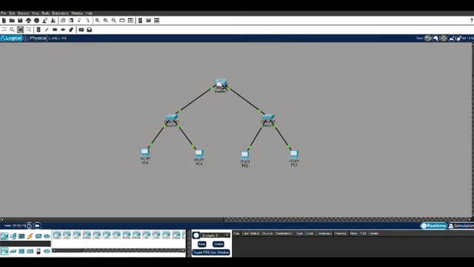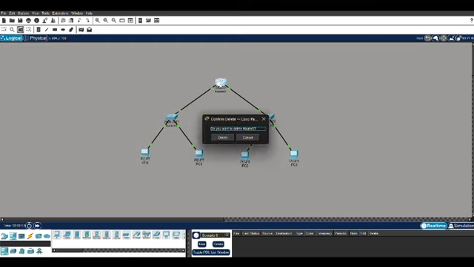Let's take a router, that is an ISR 4331. Then we have two switches, 2960 here and switch 1. Then we have PCs. We'll be connecting 4 PCs to the two switches,